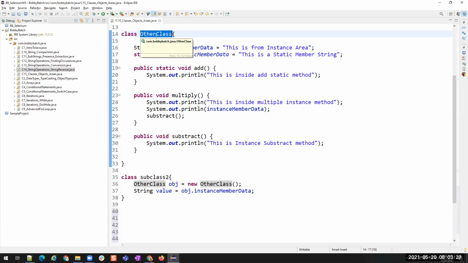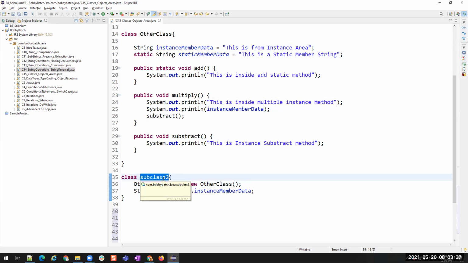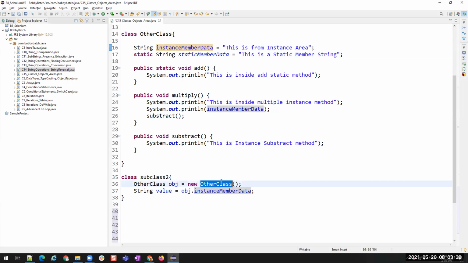This is one of the classes where I have this instance member data, but I want to use this instance member in another class. So if I have to access it, I have to create an object and then call it. Then only this class will understand that I want to call this instance member data from this object.